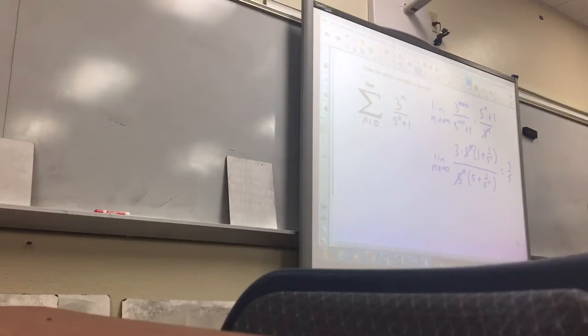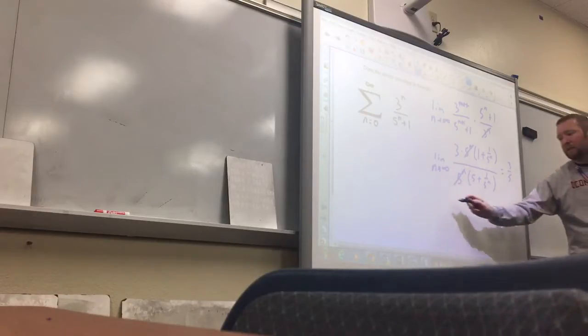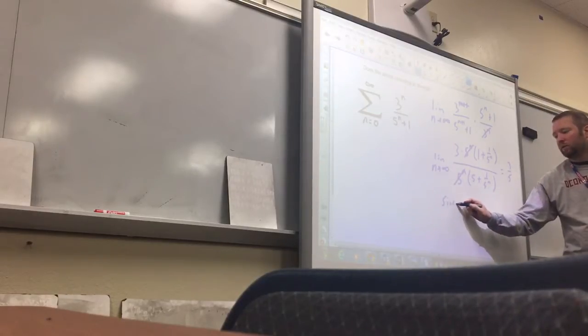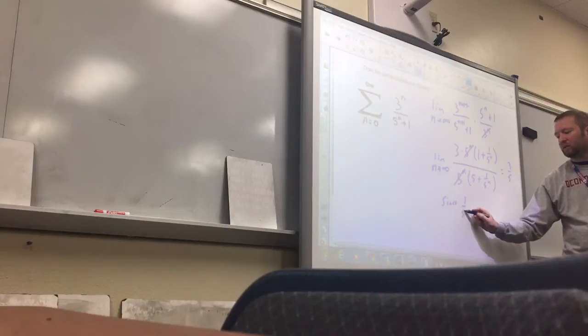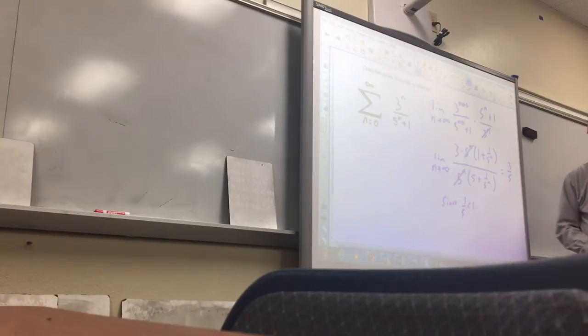So 3/5 is my L value, and since 3/5 is less than 1, the series from n equals 0 to infinity of 3 to the n over 5 to the n plus 1 converges